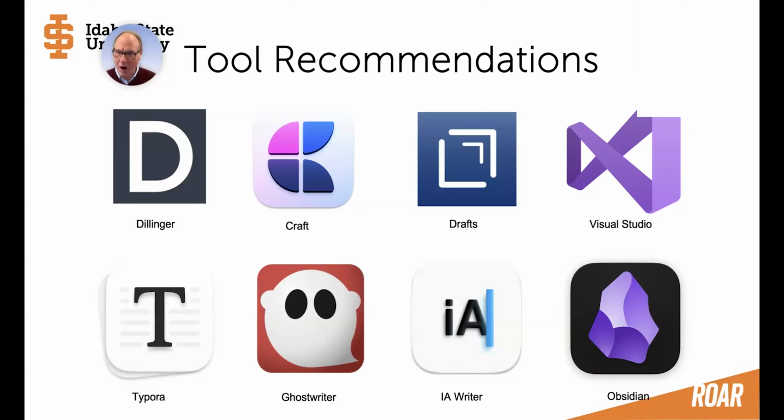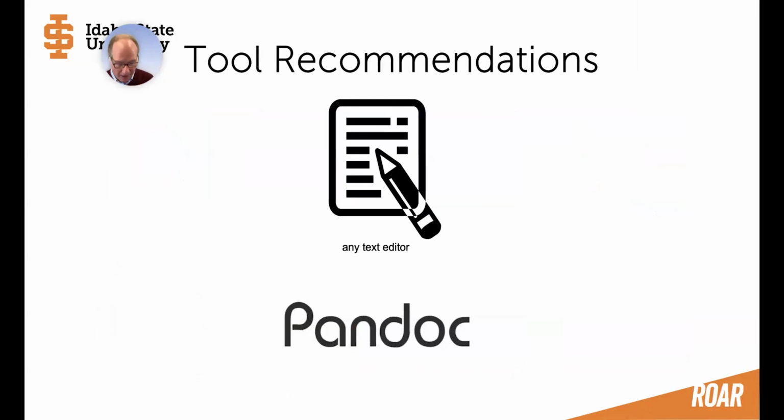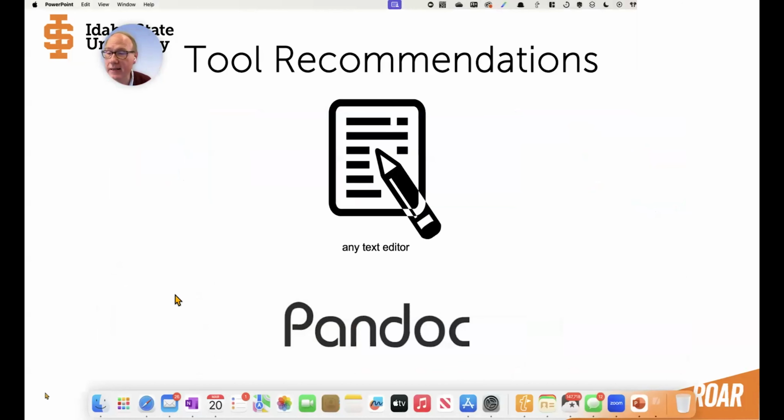Which leads me to one tool that I can recommend: any text editor. In Windows, you have a plain text editor. On my Mac, I can just pull up TextEdit, and then I have just a plain text editor, and I just have to put the formatting in as I type that I know will be accepted by Markdown, and then I can just export that into any format that I want.